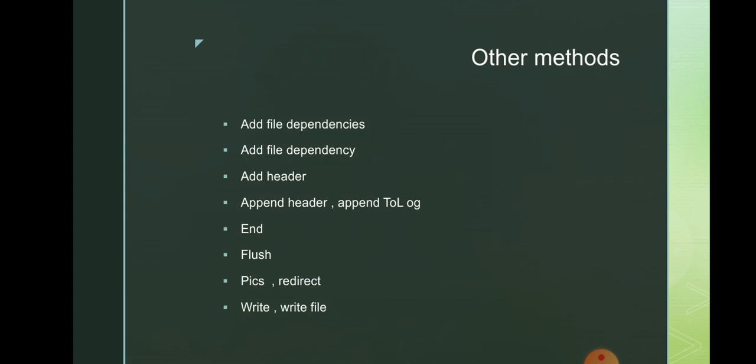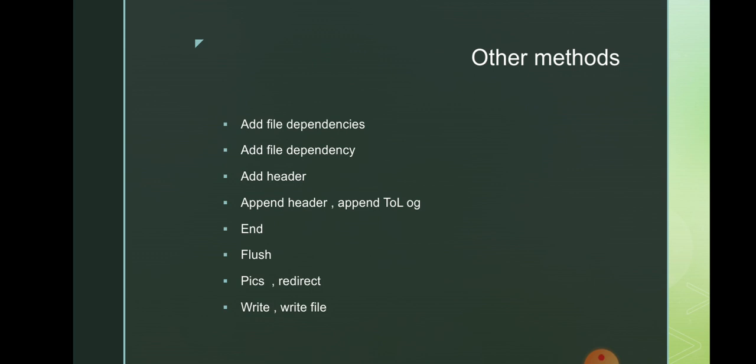Also, some other methods: add file dependencies, and another method, add file dependency. Add file dependency means adds a single file name to the collection of names.